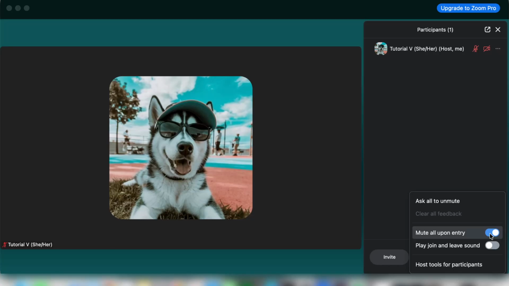By following these steps, you'll be able to host your Zoom meetings with confidence, knowing that you have comprehensive control over the audio settings and the overall flow of communication. Whether you're managing a small team meeting or a large webinar, these settings can help you maintain professionalism and order. Remember, keeping your meetings organized not only enhances productivity, but also makes for a more pleasant and